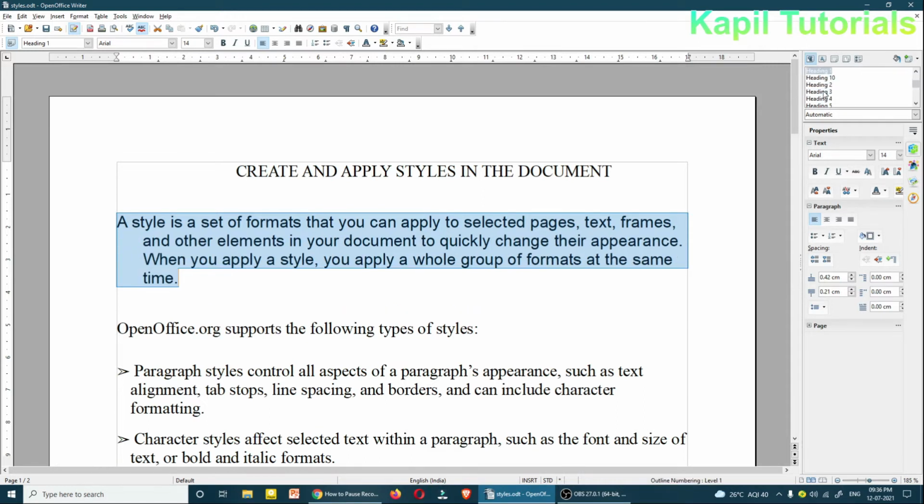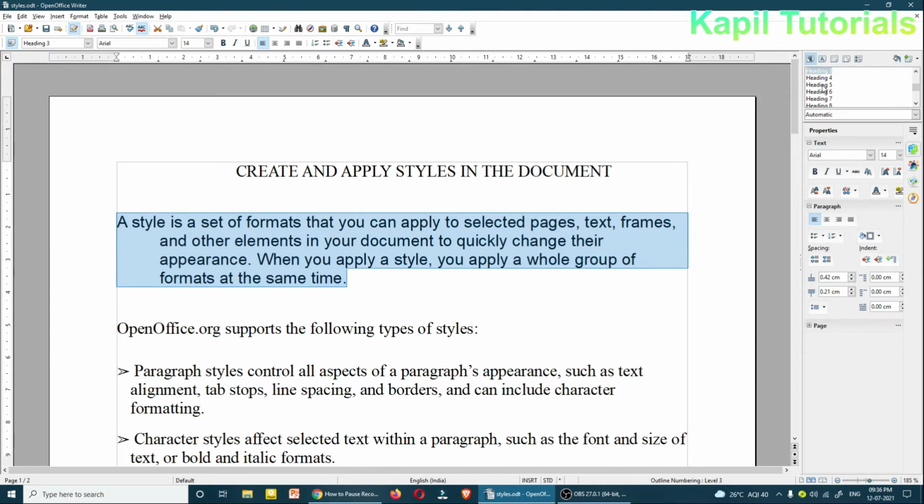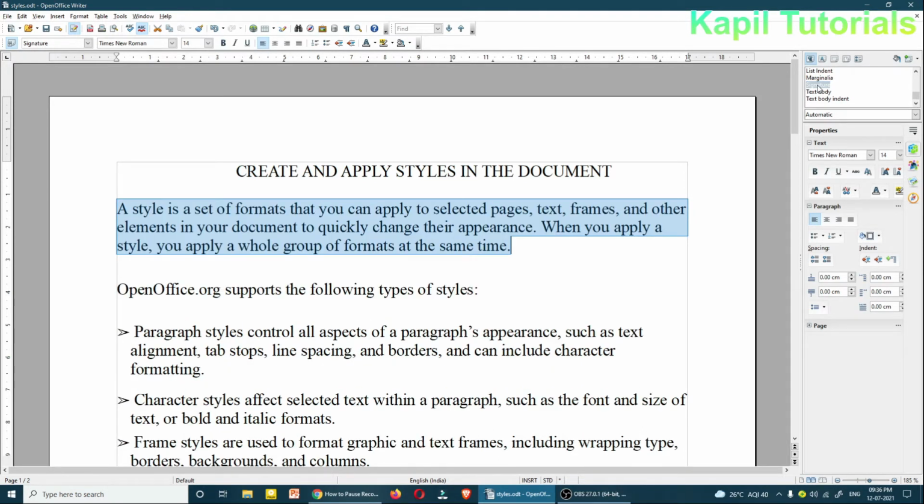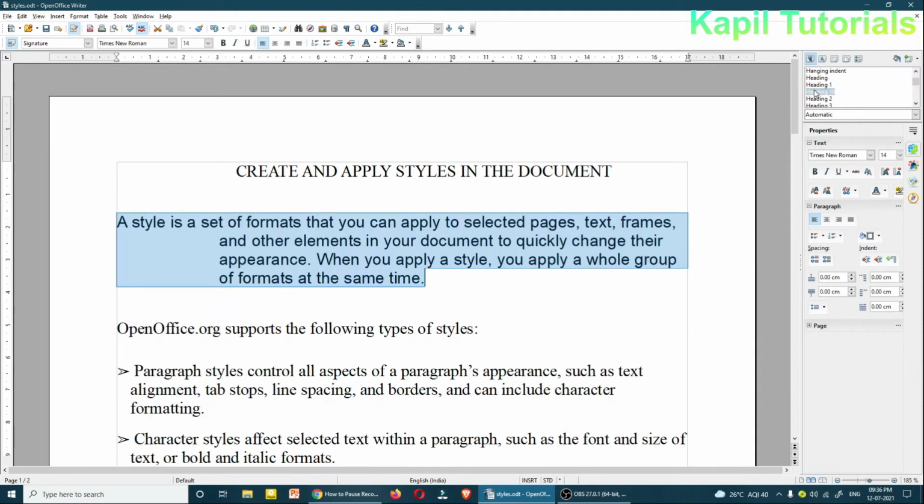Heading 1, again the difference. So heading 3, again the difference, then I'll select something like signature. So you can see the different changes, and different formats I can apply all together within no time. Okay, so now